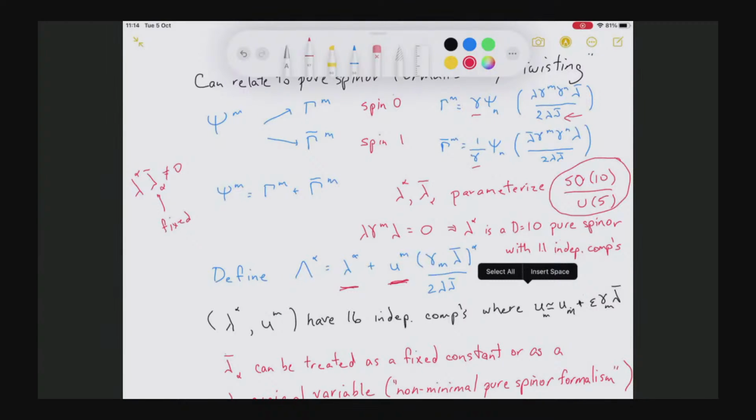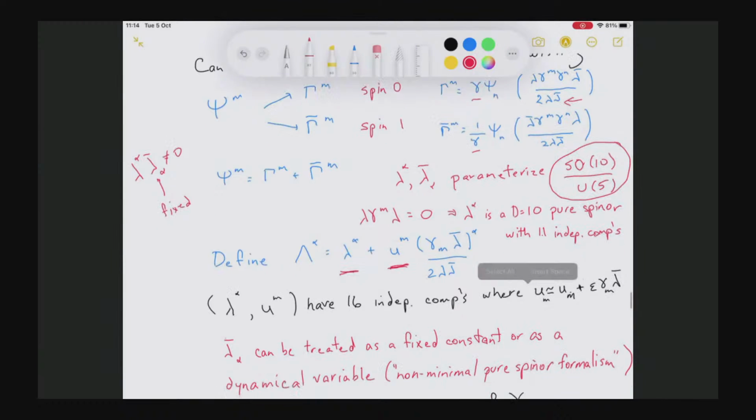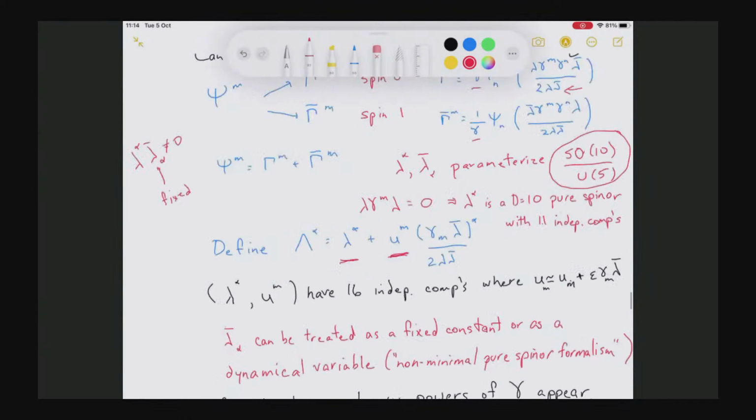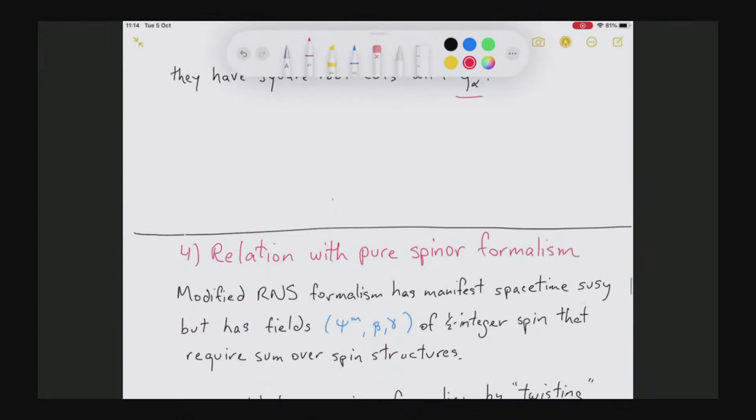I haven't told you anything about the superconformal generators. It turns out that there is a way to understand, of course, the RNS formalism, before adding these auxiliary variables, had an N=1 superconformal generator. So we had G. And when you do this twisting, it's natural to think of this splitting into G plus and G minus. This is equal to dx^m gamma_m, and this is equal to dx^m gamma bar_m.